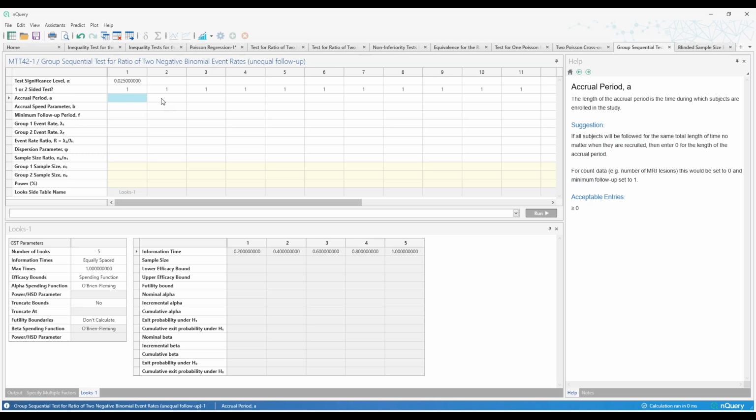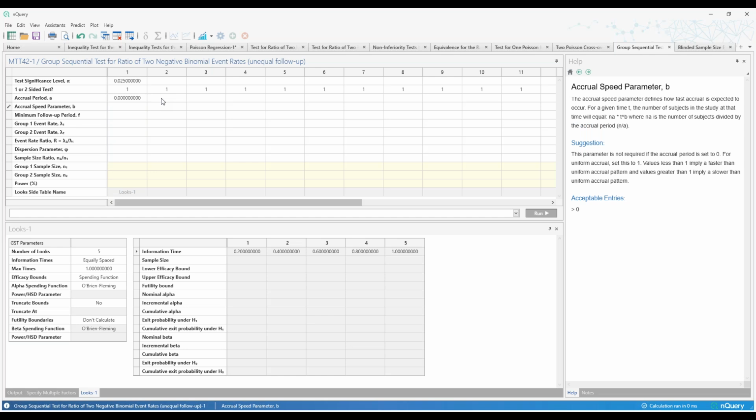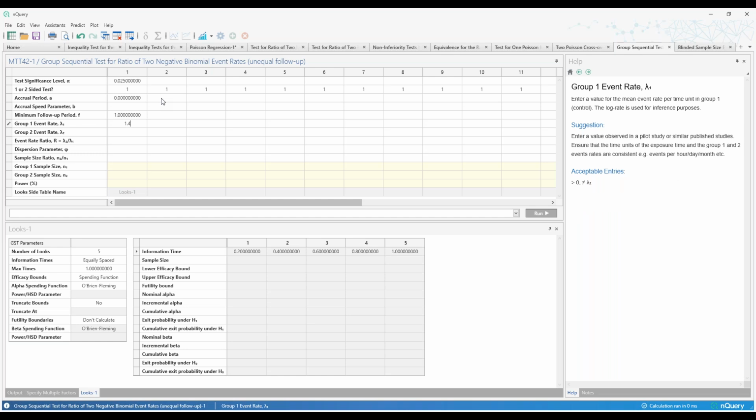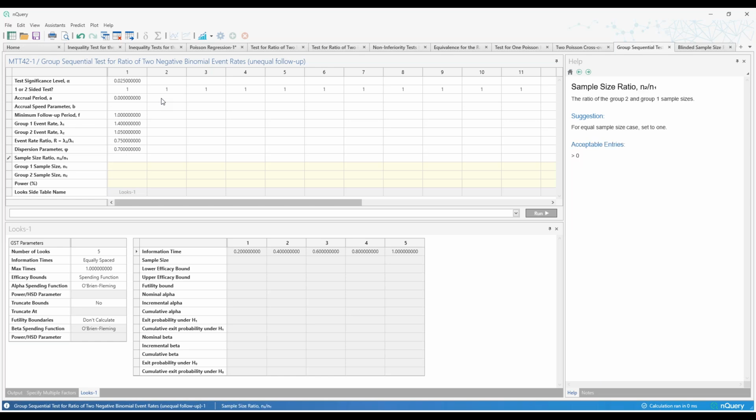Okay, and then we are going to set our accrual period to be 0 once again, and we can ignore our accrual speed parameter. Our minimum follow-up period is 1. Our group 1 event rate was 1.4, and our event rate ratio is once again 0.75, and we can set our dispersion parameter to 0.7,